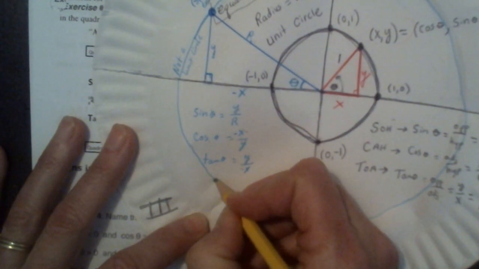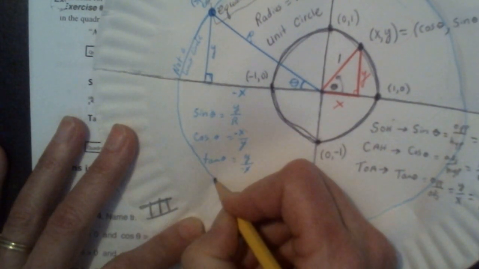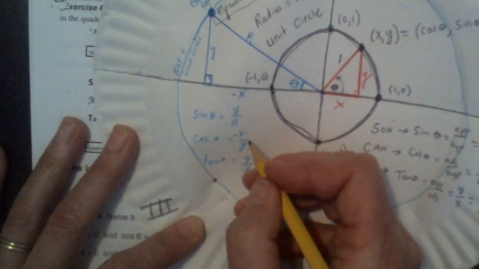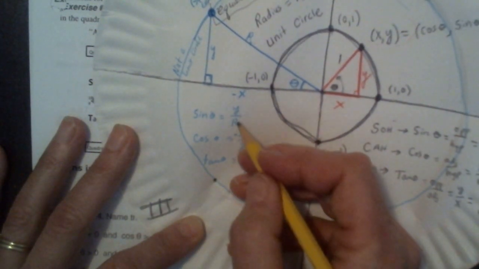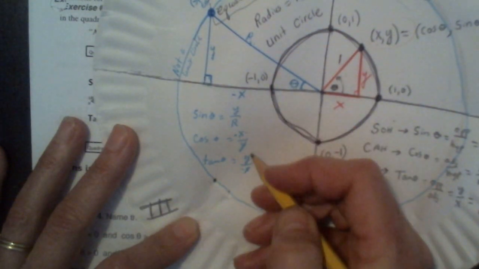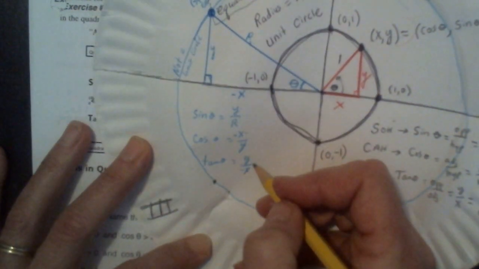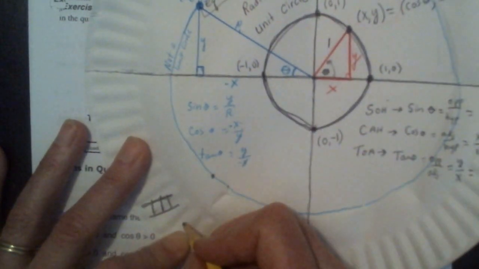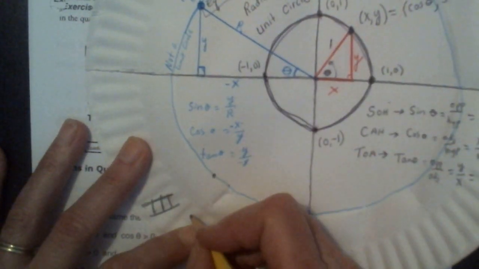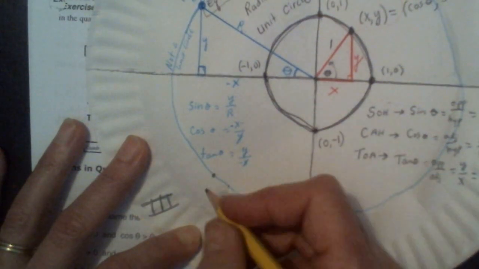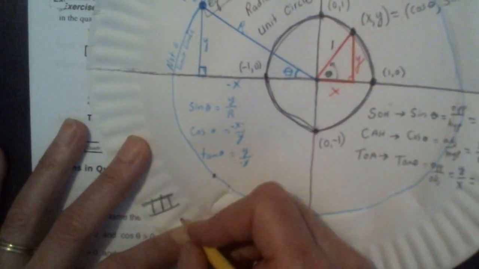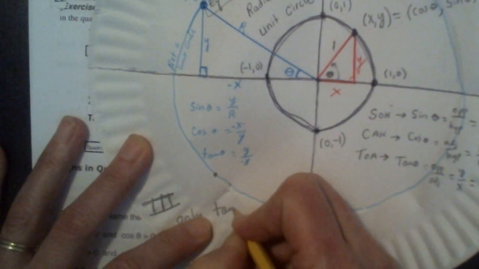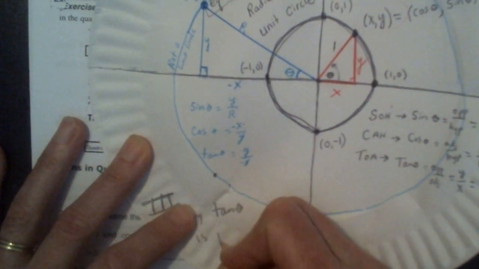If we were to land on a point somewhere down here on this blue circle, the sine would be negative, the cosine would be negative, because negative over positive, the r value is always positive, but tangent would be positive because you would have a negative y over a negative x. So in quadrant 3, any angle between 180 and 270 degrees, only the tangent of theta is